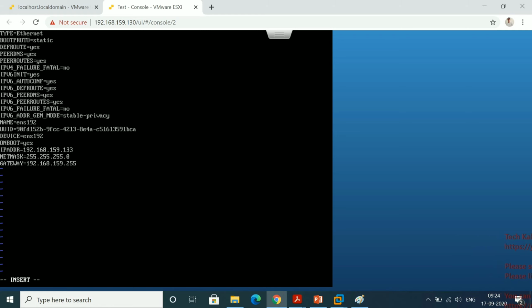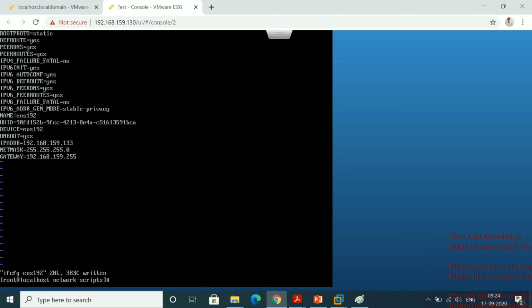First one is for the network and last one is for the broadcast. So my gateway is 192.168.159.255. Okay. So let me verify once again the IP I assigned, the netmask, and the gateway. Okay. Now let me save this file and exit. Okay, one second.